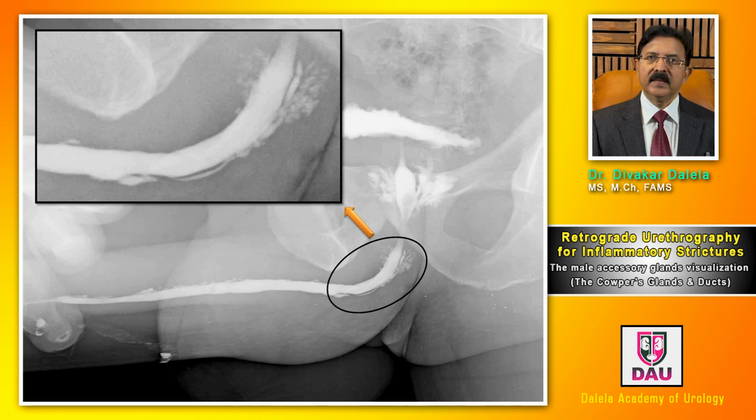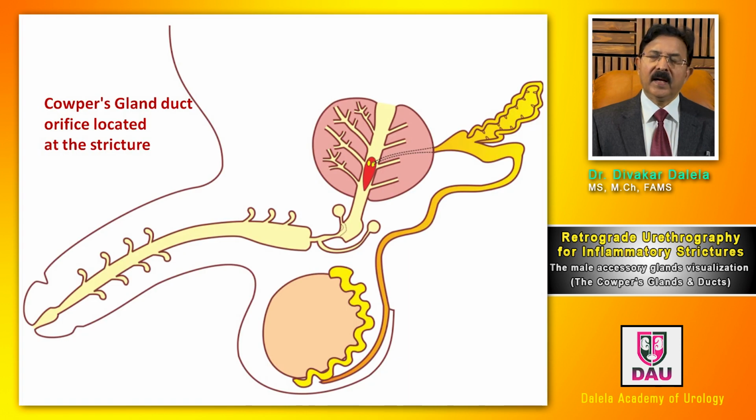Here, the orifice of the Cowper gland duct is located, there's no stricture, distal or proximal, the entire urethra is inflamed. And that is why you are seeing the lacuna urethral, the Littre's gland, as well as the Cowper's gland. There are other variations,